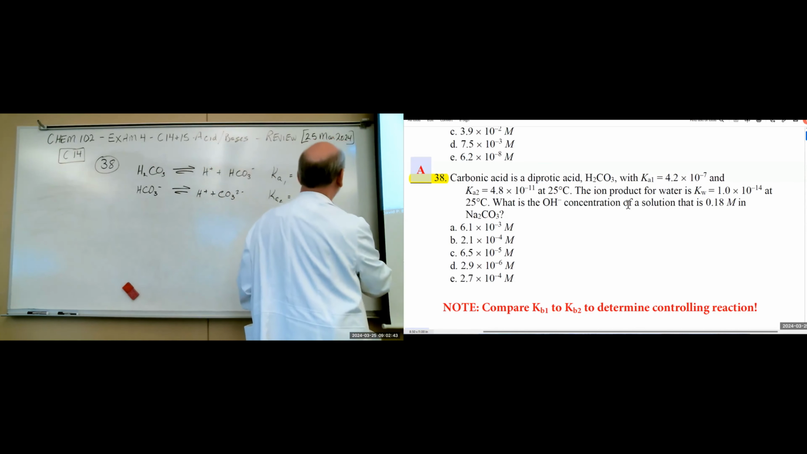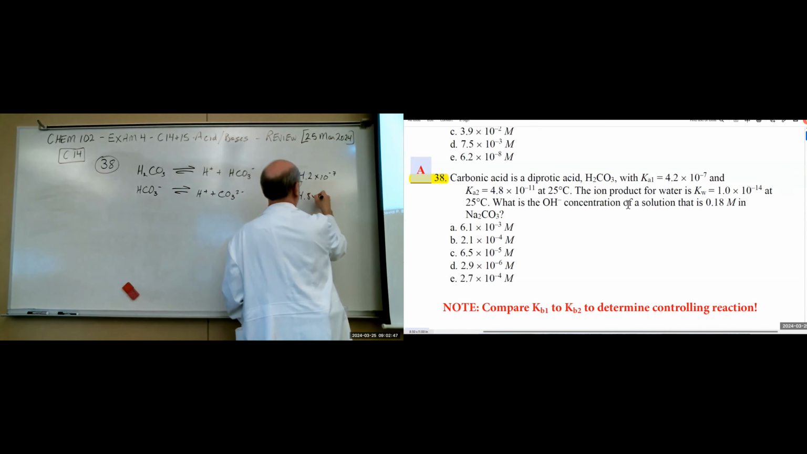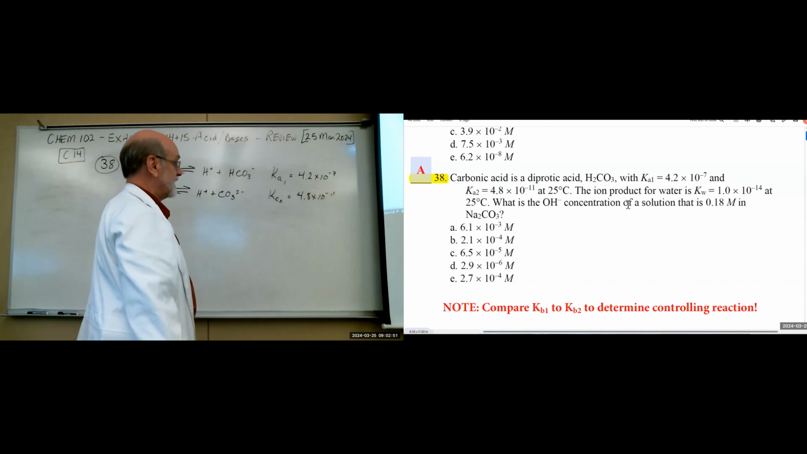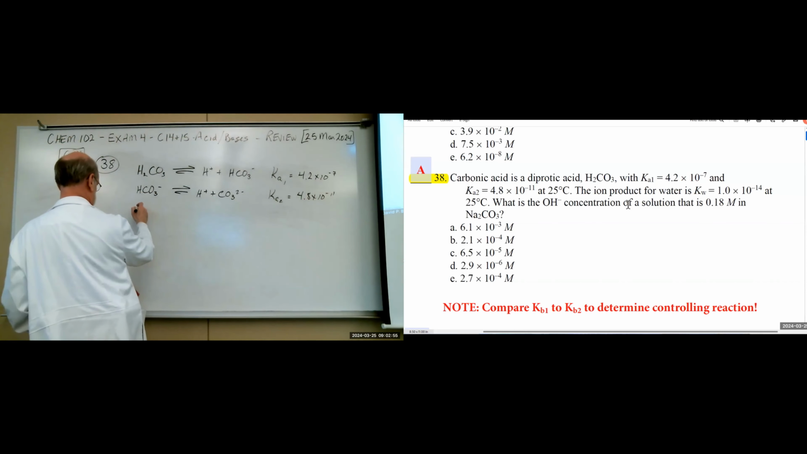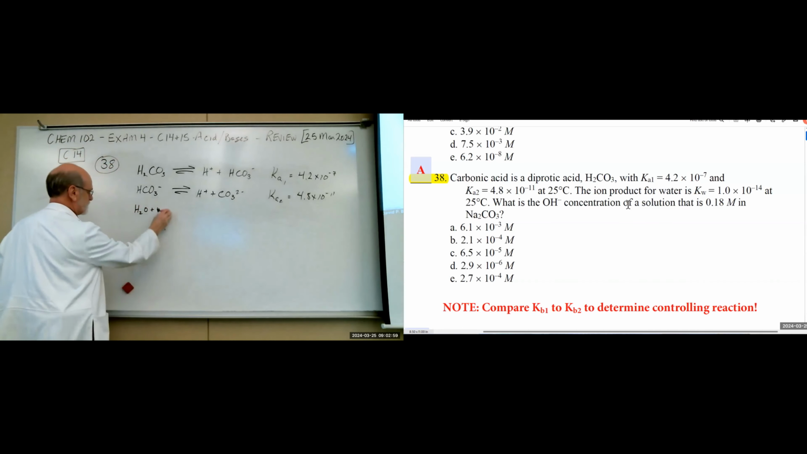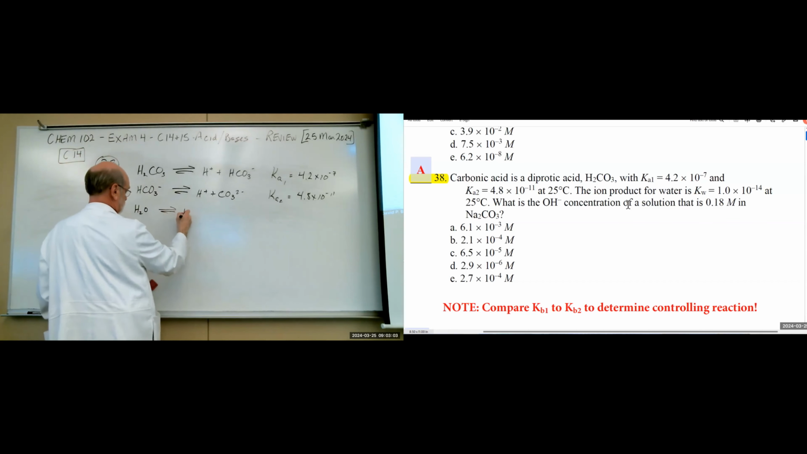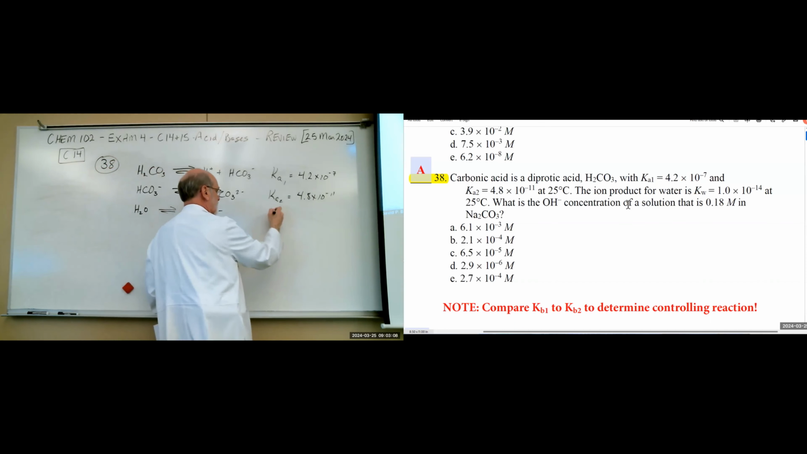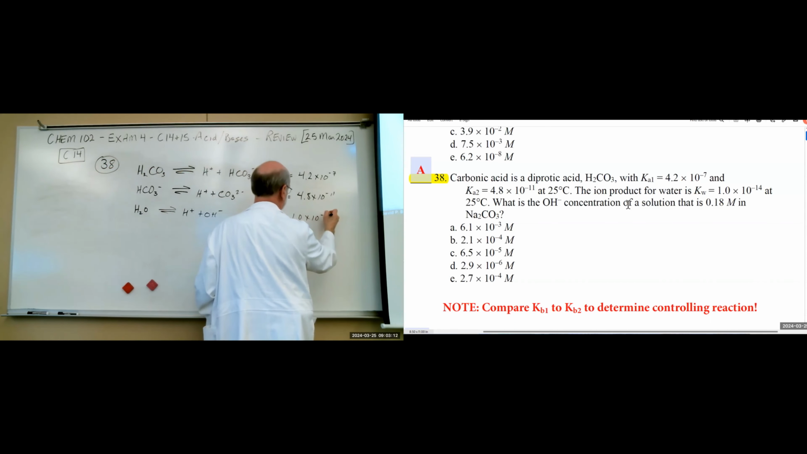Which is 10 to the minus 14. Oh, no, it's water. 4.8 times 10 to the minus 11. Okay. The ion product for water is 10 to the minus 14. So what we're saying there is, well, let's be consistent. I'm just using the simplified version. So this Kw is 1 times 10 to the minus 15